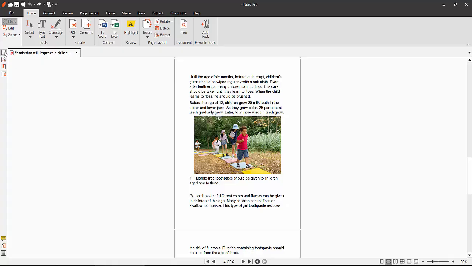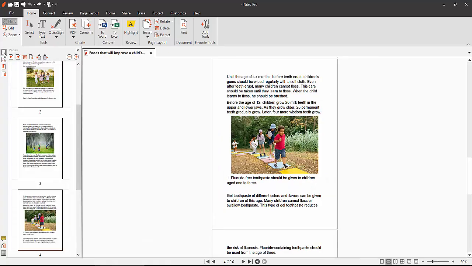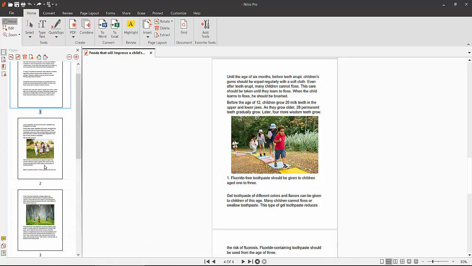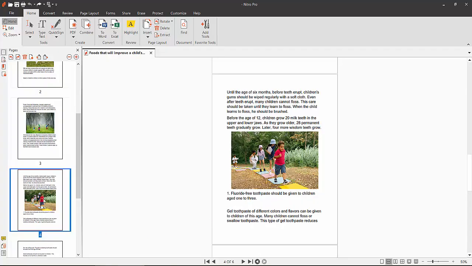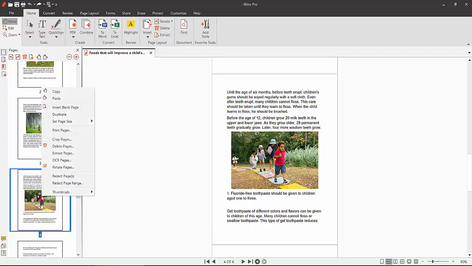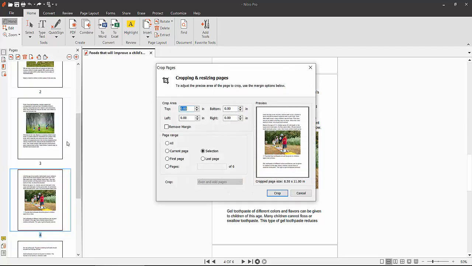Now click on this left sidebar page thumbnail option and I'll remove this page white margin, and now click the right mouse button and here you will find this crop pages option. Click here and this crop page dialog box now opens, and simply select remove margin and select that page